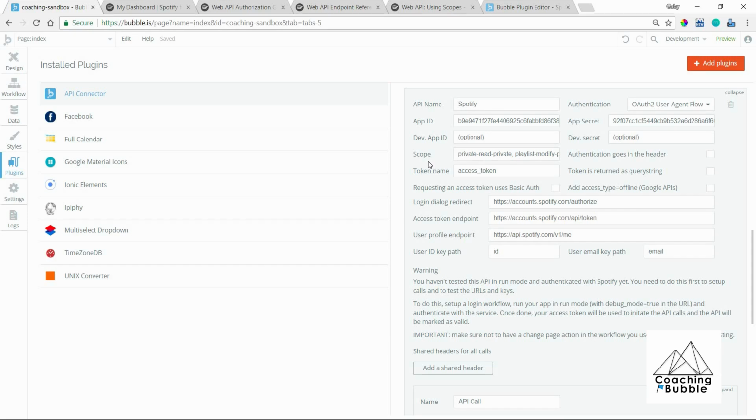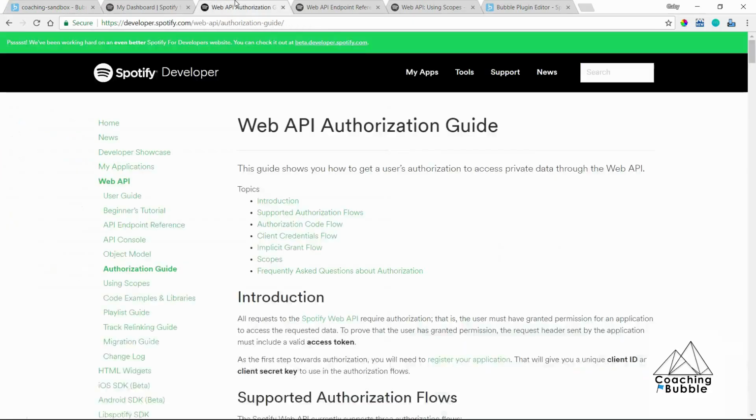Usually that's going to be general profile information like email, name, maybe a profile picture, something like that. But again, the documentation will tell you. Now, for the authentication, I'm going to take you to the part of the documentation here for Spotify that goes